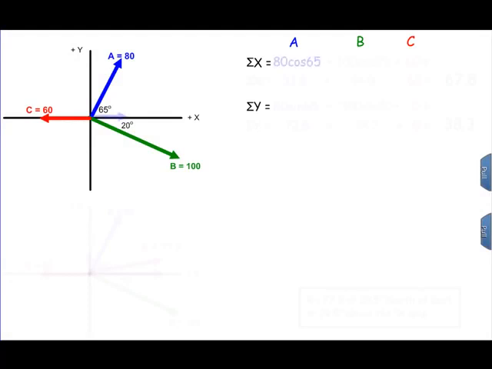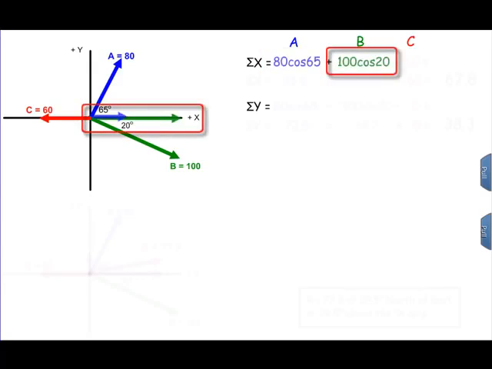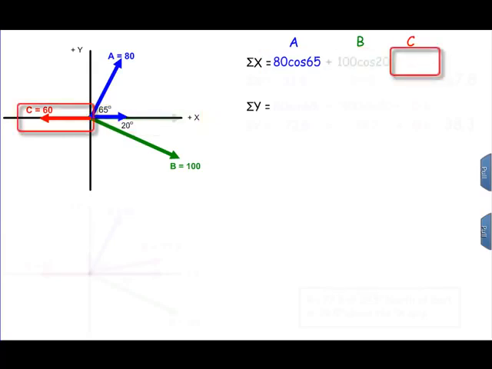So let's get the values now, and you see the x component of vector A is 80 cosine 65. You can see the vector flashing as well as the value. The x component of vector B is 100 cosine 20. And the x component of vector C is 60, and that is a negative value,